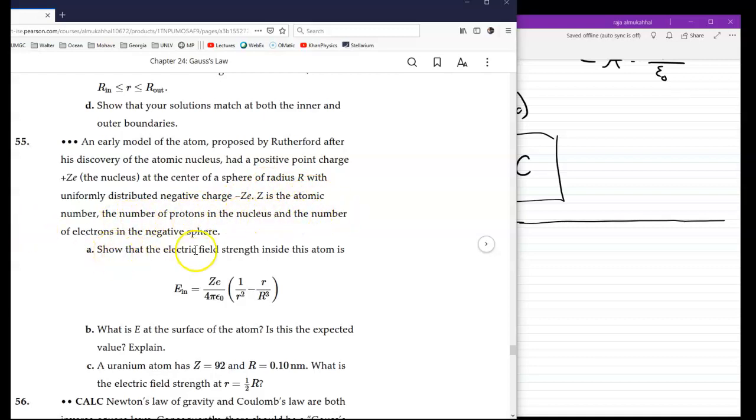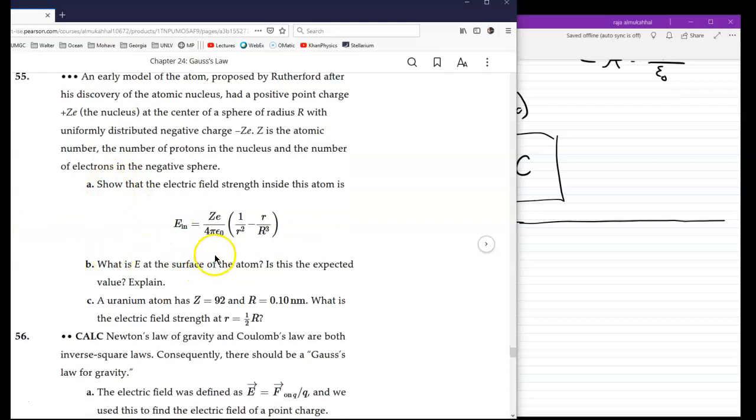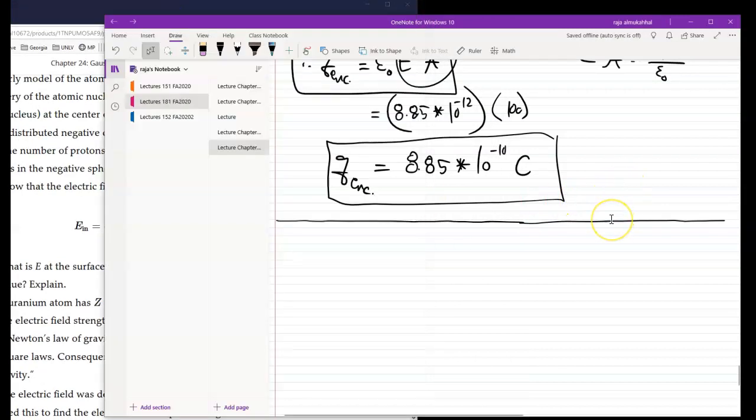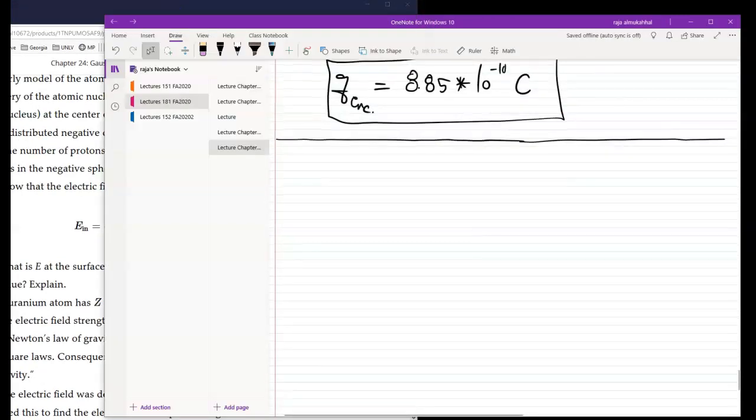He said there are three parts. Parts B and A are kind of easy. It's part A that is the hard one. He said show that the electric field strength inside this atom is given by this expression. So we're going to be using what we studied to derive this expression. This is actually how we did it. It's not terribly difficult, but it's not terribly easy either. Anyway, so problem